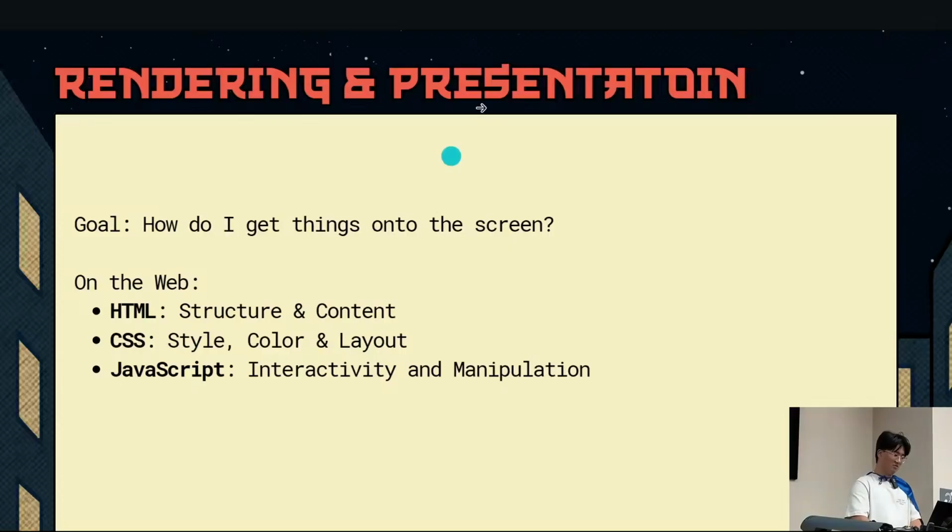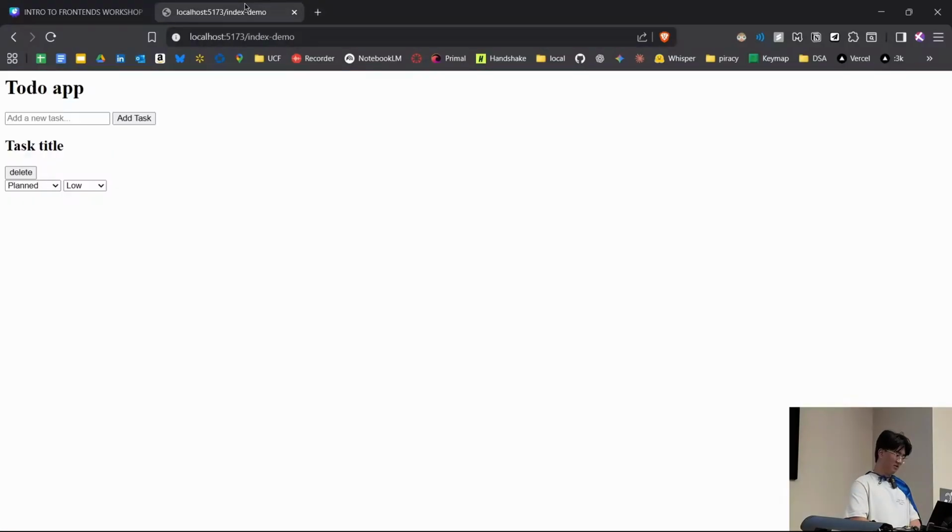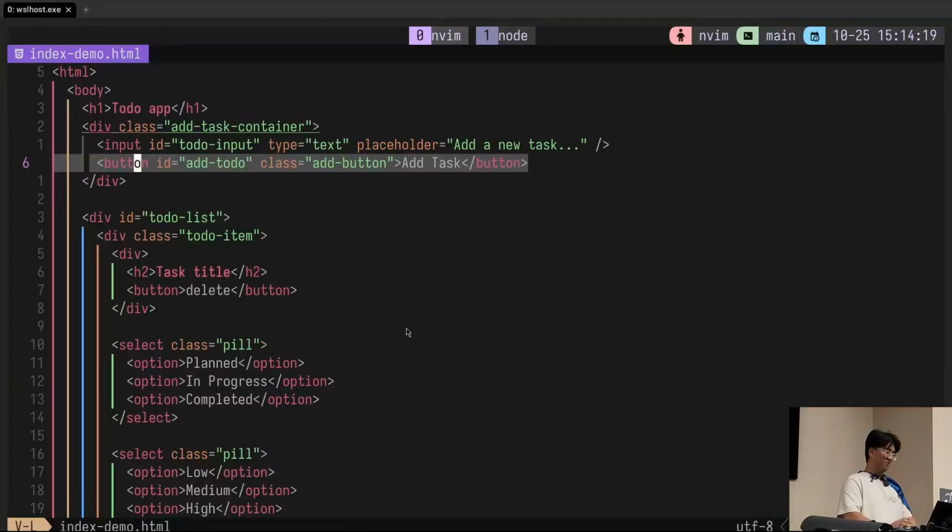And how this looks on the web, I need to get out of this and then show you right here. This is how it looks. It doesn't look like a to-do app at all. It's really bare bones. So this is where you use CSS to style things to make things look good. The browser wants you to define the place that the CSS file is going to be fetched from. What I mean by that is that the browser only really asks for the HTML file, and on top of